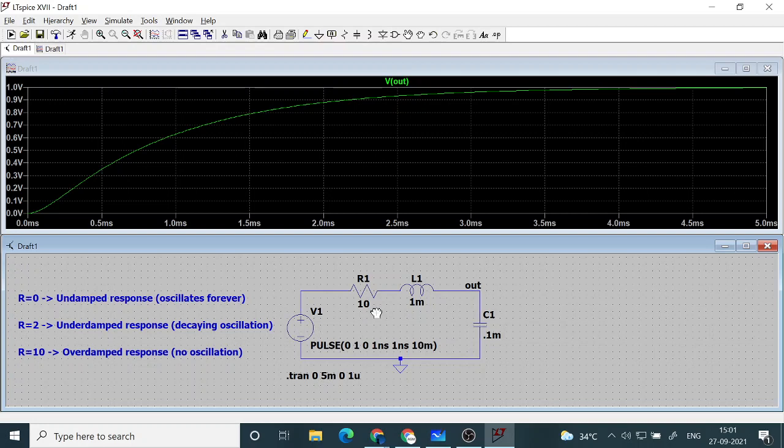Resistance is an electrical component which dissipates energy. Whenever current flows through the resistance, it basically dissipates energy. It wastes the energy by generating heat. It doesn't store any energy, but it dissipates energy. Whereas inductor and capacitor don't dissipate. When we talk about ideal inductor and ideal capacitor, they don't dissipate energy. They will just store energy.